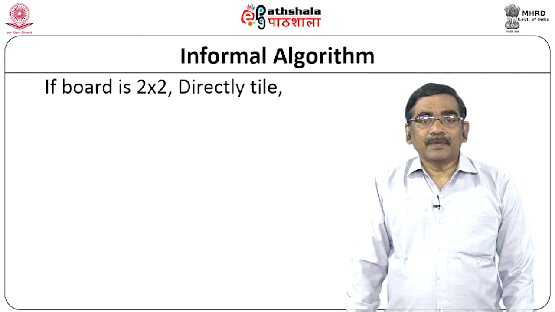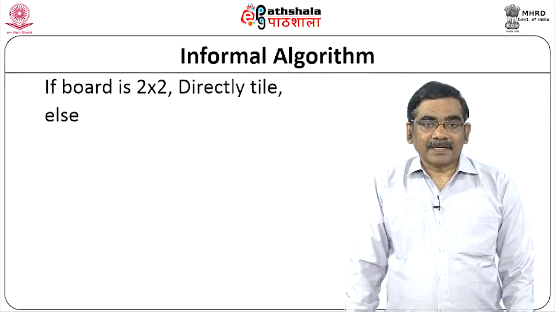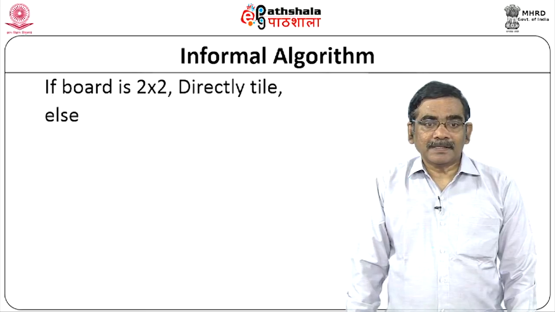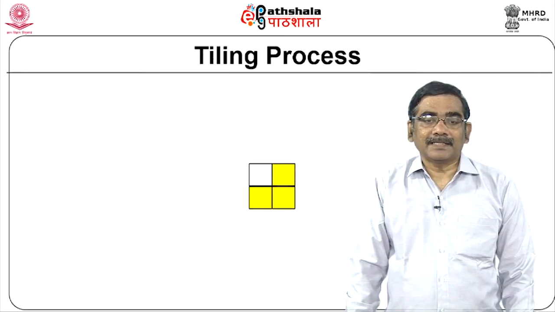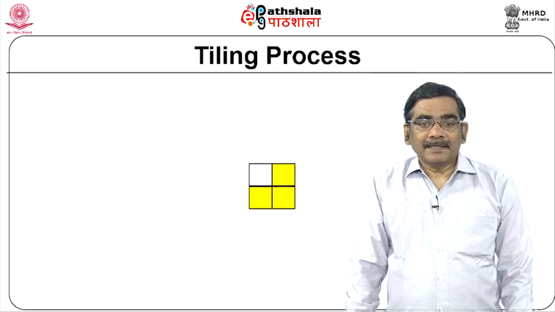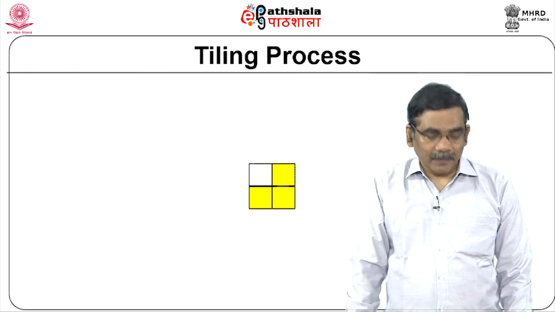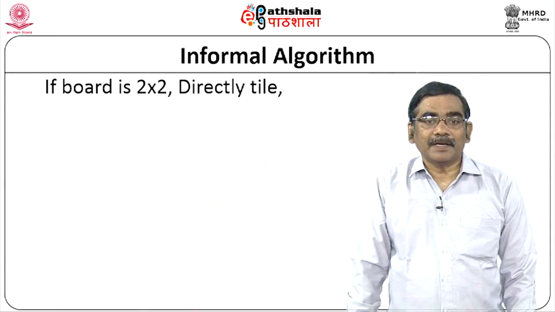In this we are going to apply the divide and conquer strategy. If the board is of 2 by 2, we can straight away tile this. You can see very well in the previous case I can position L in a way that it covers this entire region. By ignoring the tile in the lower right, I can tile this defective chessboard. So, in the informal algorithm, if the board is of size 2 by 2, then we can